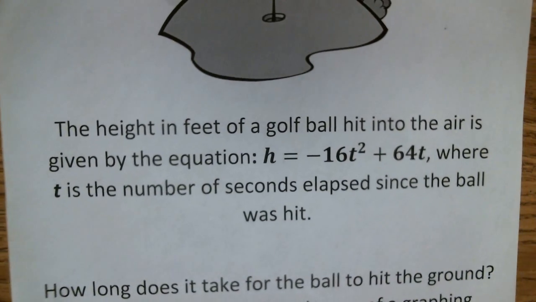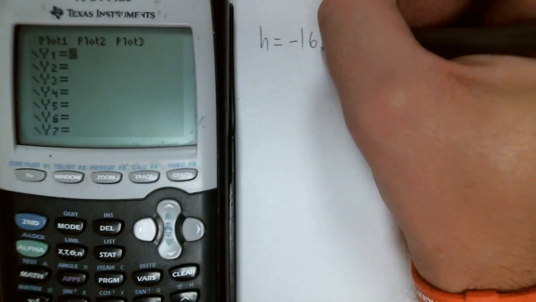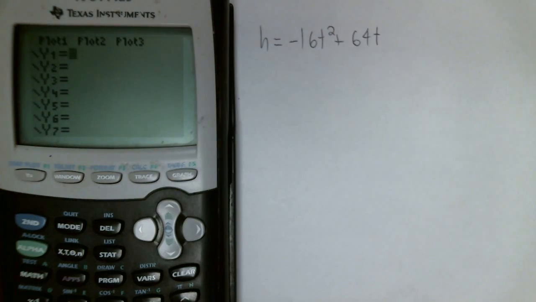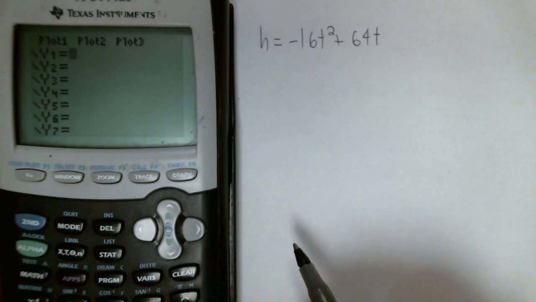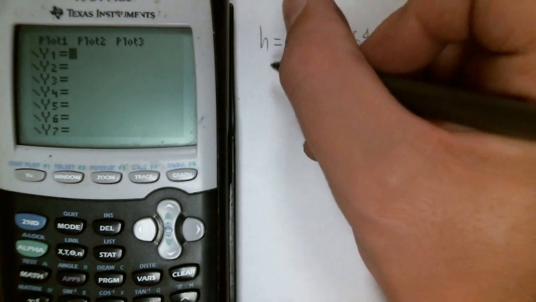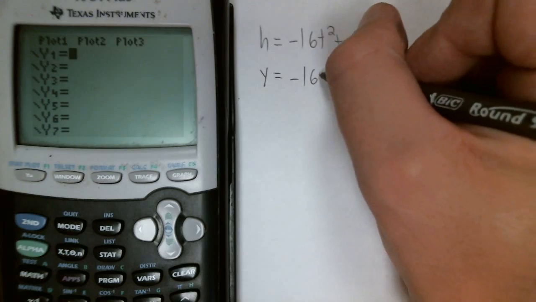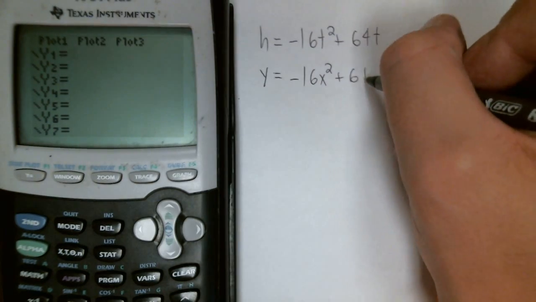Okay, so I'm going to put the sheet kind of here off to the side. Let's get our graphing calculator back out. So I'm going to have to write this in pen a little bit smaller. So here's our equation. H is equal to negative 16t squared plus 64t. Okay, now when we're using a calculator, your calculator is not going to recognize t's. So instead of h's and t's, we can use x's and y's. So I'm going to change the height to a y, and that's going to be equal to negative 16x squared plus